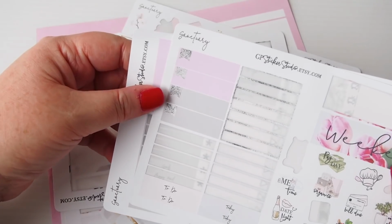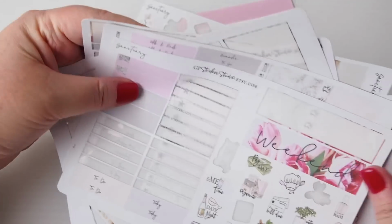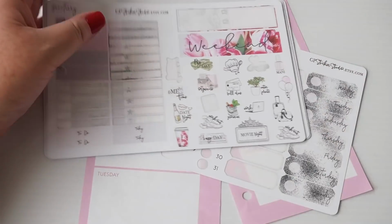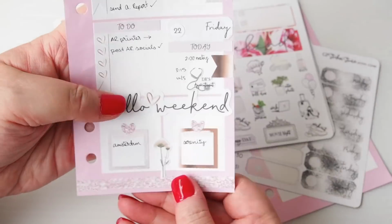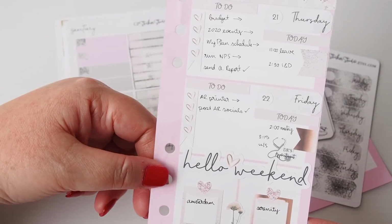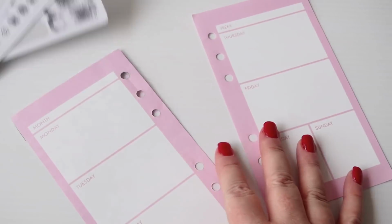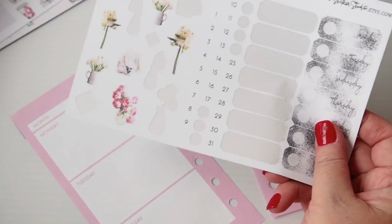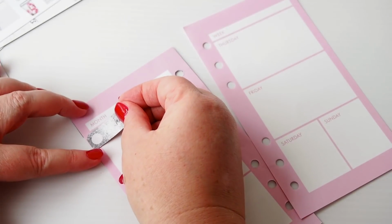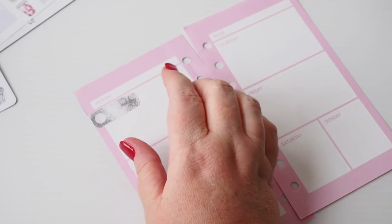I did not realise I'd used all the washi, so what I have been doing, to show you here, is putting a strip across the bottom and then something at the top. Since it's the last thing, it can be the last thing that I do, so I won't worry about it for now. I'm going to start off by putting down my days of the week, and it has been working for me to have those hanging off the side of the box. It gives me a little more space